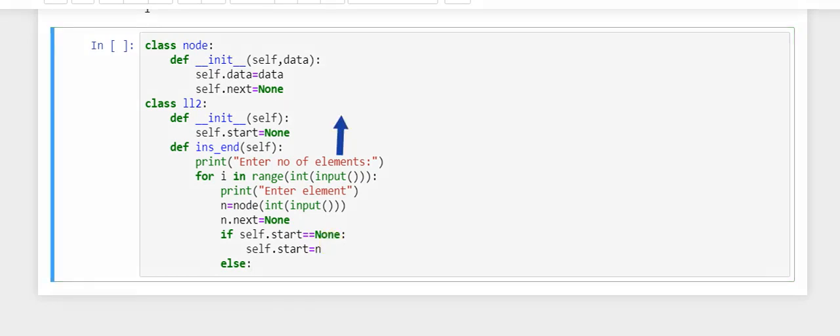So before implementing, let's take the number of elements here as 3 and the first input here as 5. So this is the node that we have created now, and it is saying that if self.start is equal to none. So currently self.start is equal to none, so it's going to point at the node that we have created now. So here our start pointer is pointing towards this node,